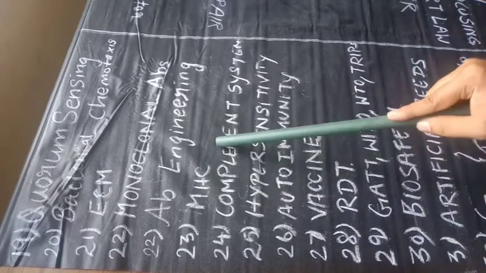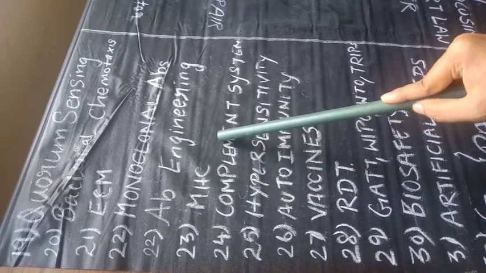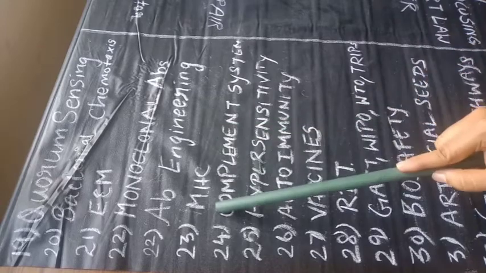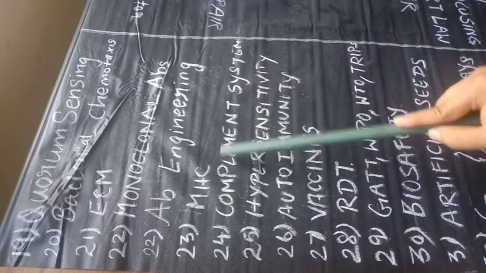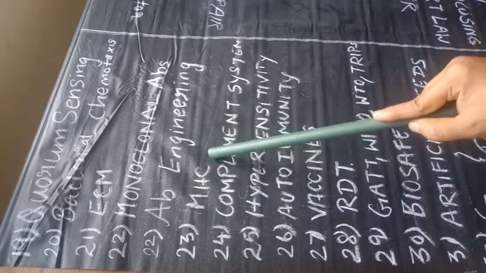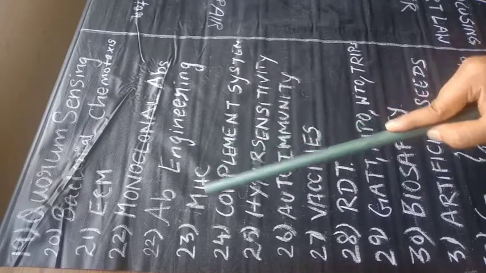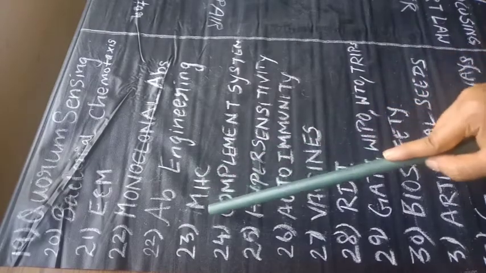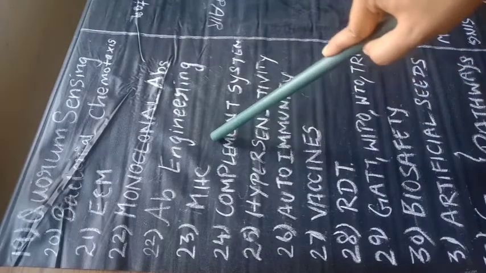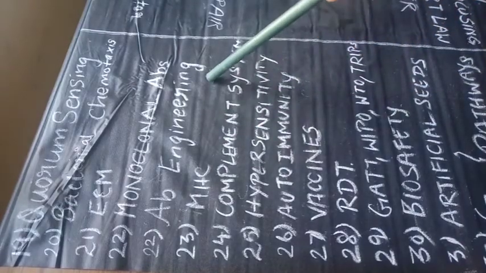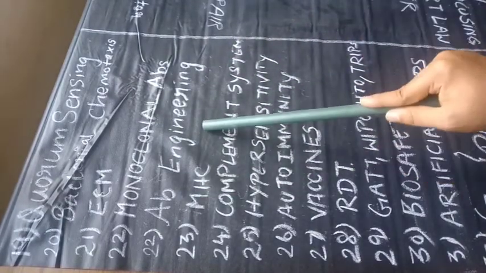Next thing, major histocompatibility complex. We have uploaded a video regarding that. You should know about the differences; in the Kuby immunology book there will be tabulated references, friends, so you can study that particular thing. While studying for MSc, you also need to study antigen processing and presentation. Along with the MHC, you study those things also.